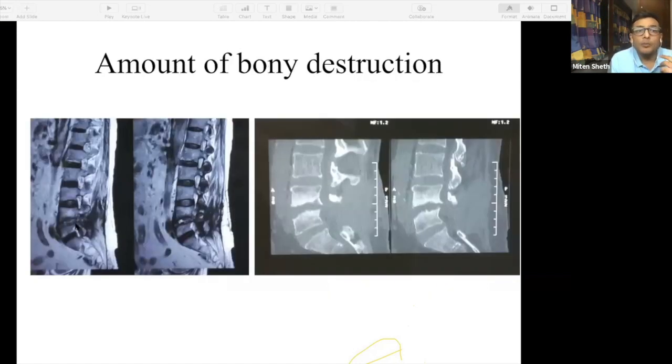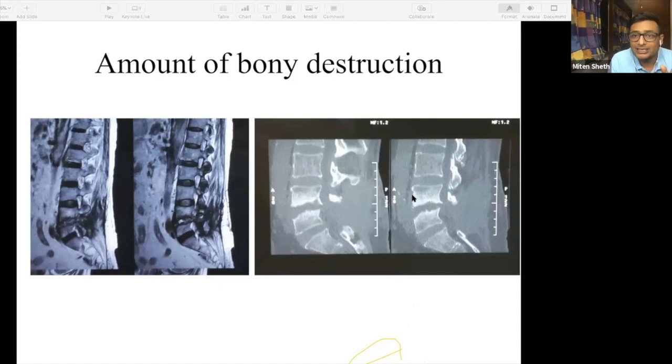The other thing is about bone destruction. Here you see that on an MRI, you can see that there is some problem over here. If you do an X-ray of this patient, the X-ray is going to come completely normal. But when you actually see the CT scan, there's going to be a lot of bony destruction. This is very specific and sensitive to bone loss, which means it will pick up every bone loss completely. So that is basically bone loss.